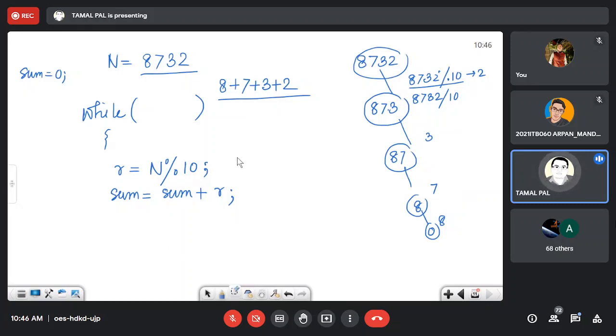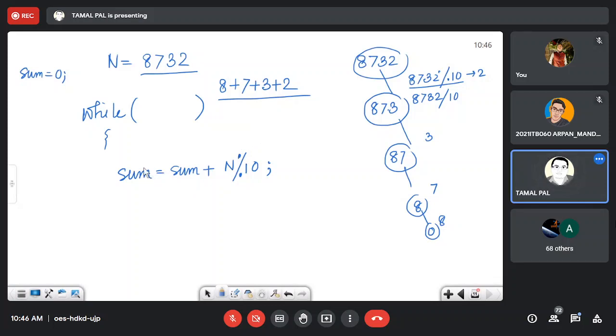Some people also write this in this way: sum equal to sum plus n modular 10. And what is the difference? You don't have to use an extra variable r, and as a result you are saving 4 bytes of memory space.